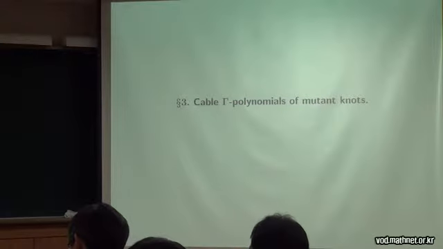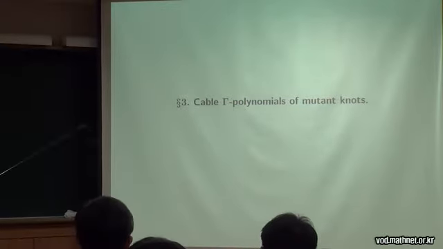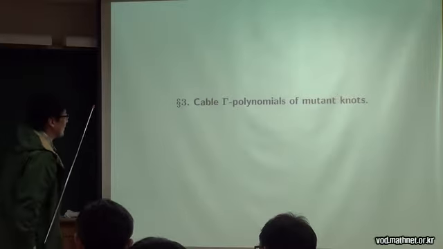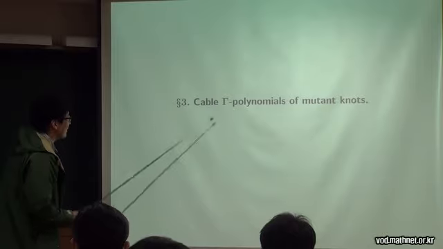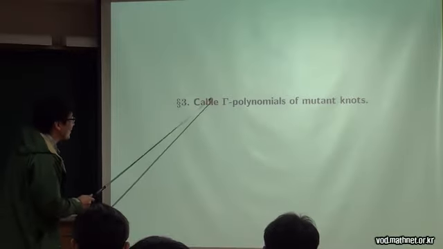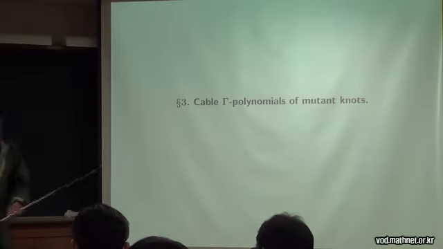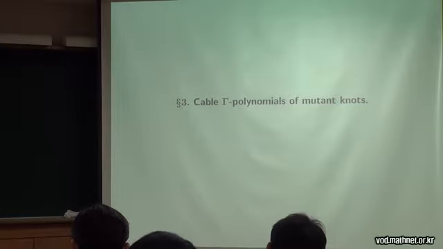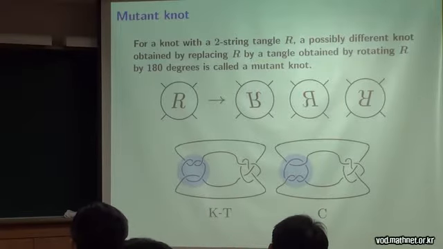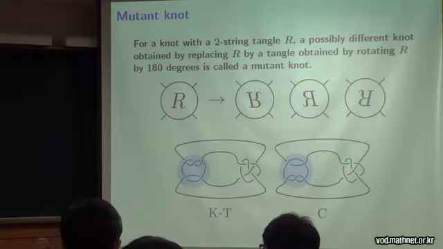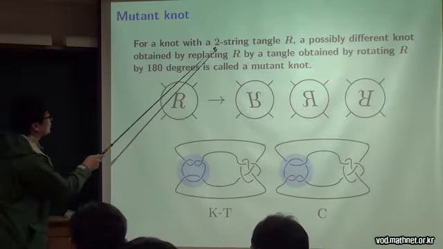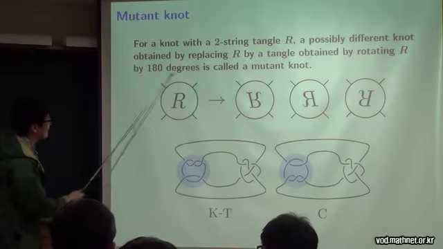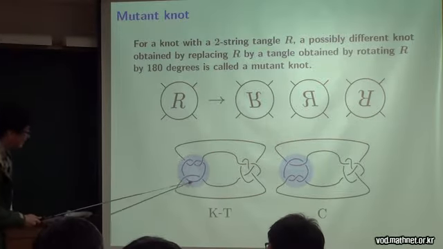Final section. We consider cable gamma polynomials of mutant knots. We review mutant knots. For a knot with a two-string tangle R, like this,